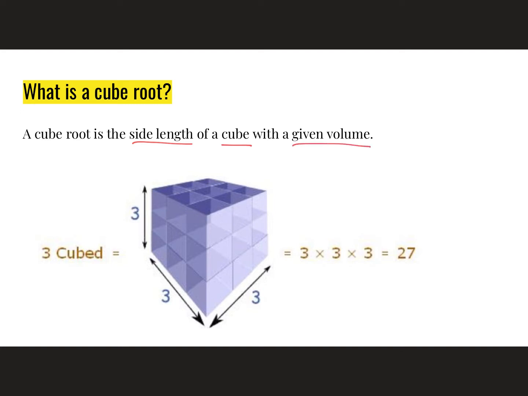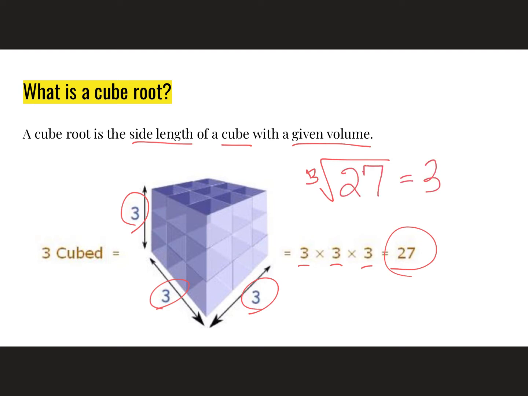So here you see a cube that has a side length of 3. Remember, cubes, all the sides are the same. Okay? So if we wanted to find the volume of this, we would do 3 times 3 times 3, which is 27. So the cube root of 27 is 3, because 3 times 3 times 3, or 3 cubed,